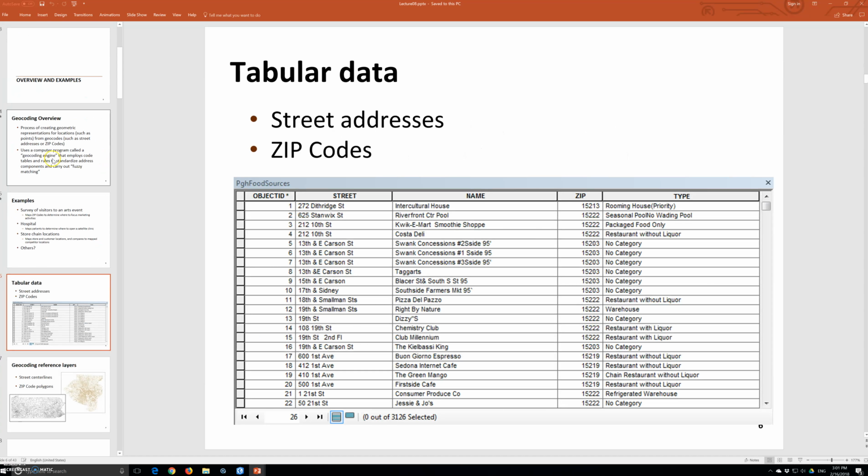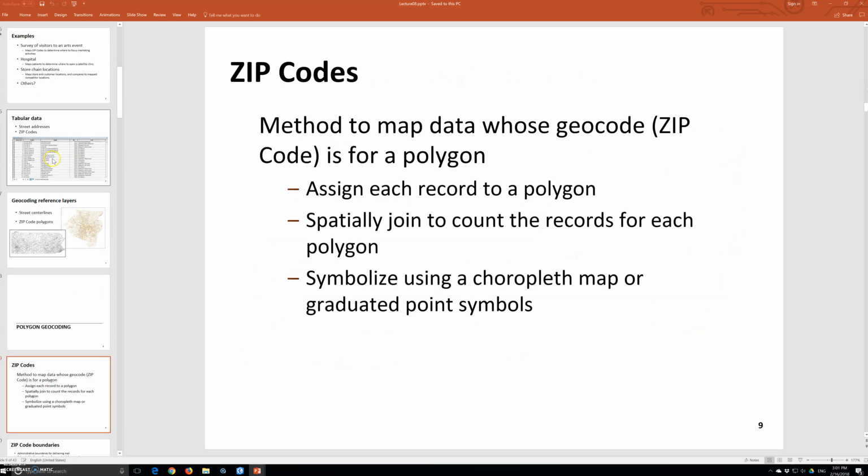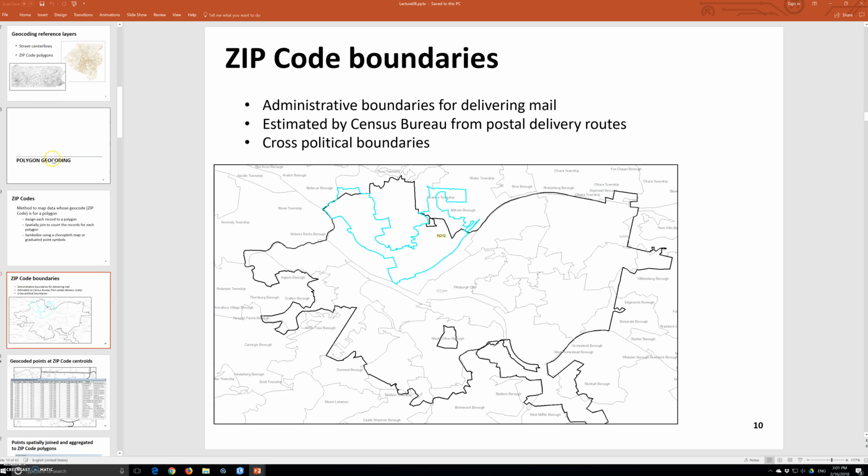So for the tabular data, we need to have a street address and zip code, and we have geocoding reference layers: street centerlines, zip code polygons, and polygon geocoding. Zip code method: map data whose geocode is a zip code to a polygon. Assign each record to a polygon, spatially joined to count the records for each polygon. Symbolized using a color path map or graduated point symbols. And zip code boundaries are administrative boundaries for mail delivery, estimated by the Census Bureau for